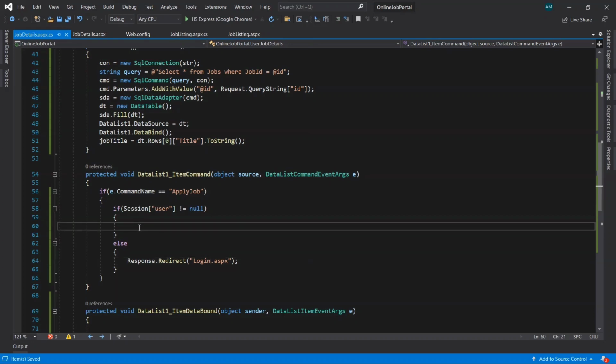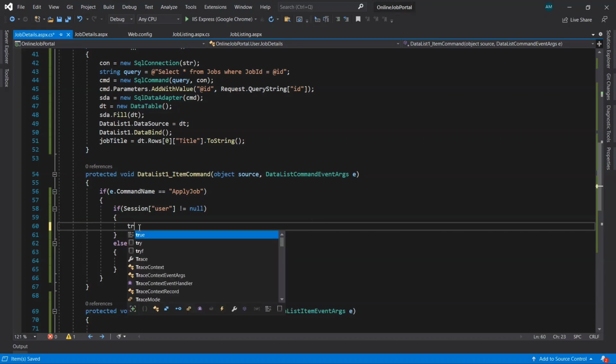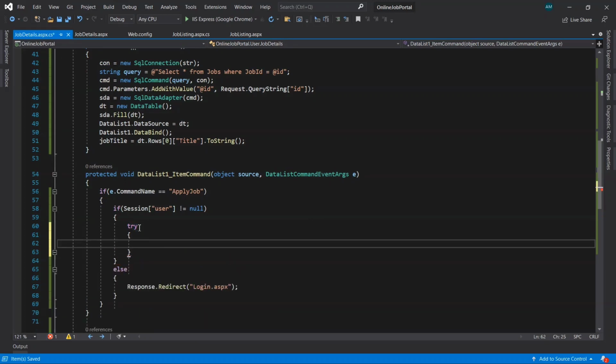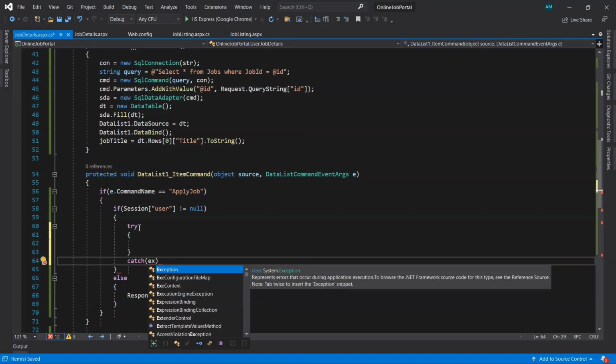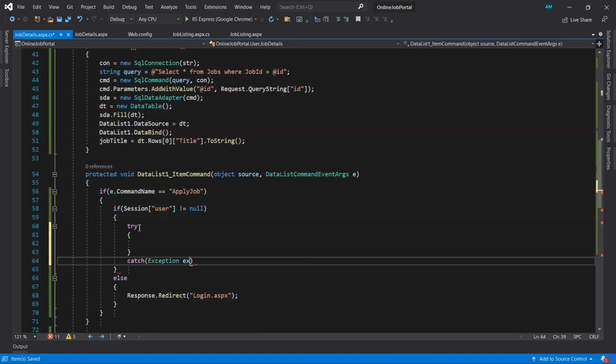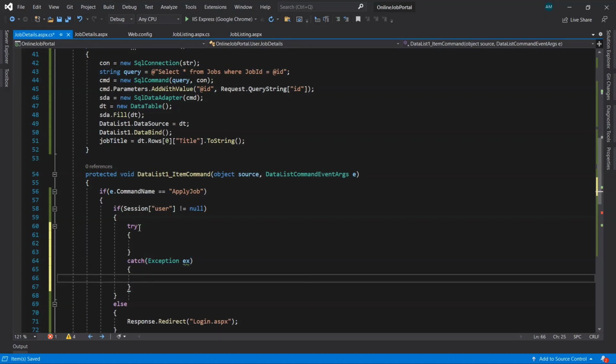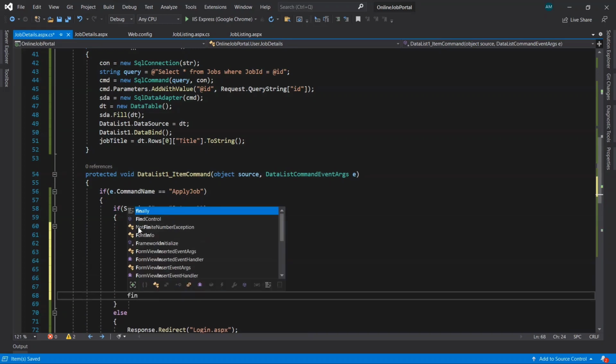Now inside this, we'll take one try catch block. Then finally block.